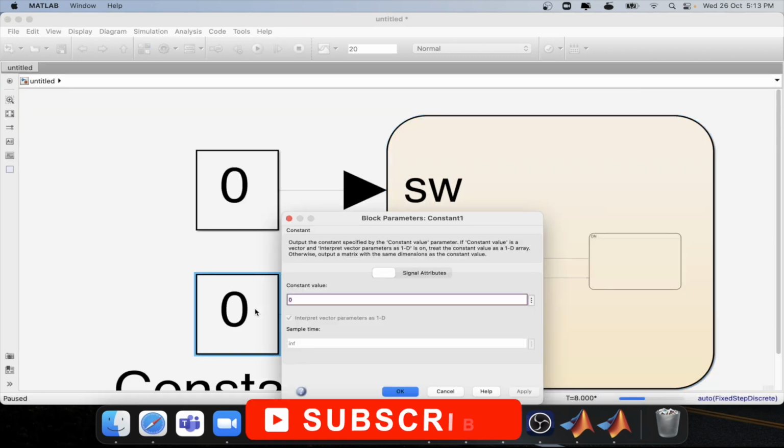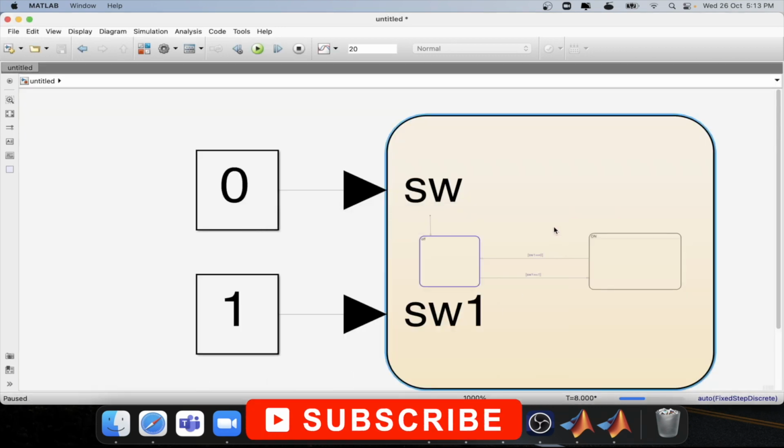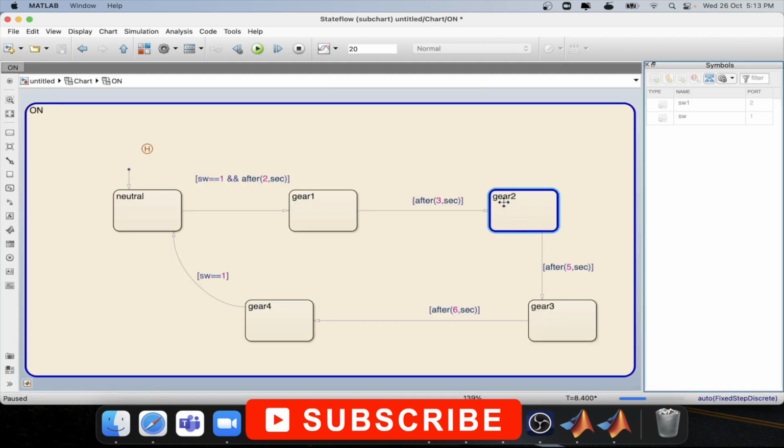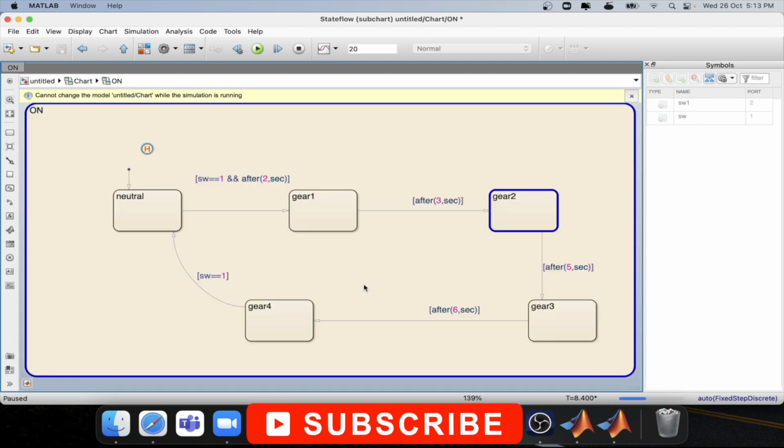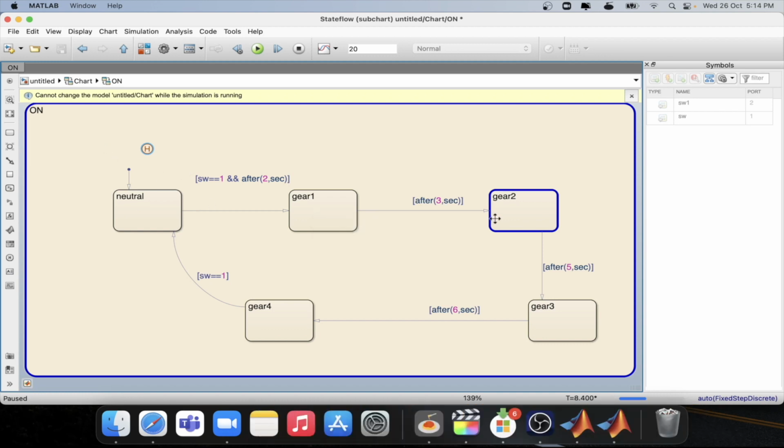When we turn on the switch again and step again, it is able to directly jump into gear 2. This is happening because of this particular block, which is called the history block, and it memorizes which particular state was last active inside these states, meaning out of neutral, gear 1, gear 2, gear 3 and gear 4, which one was active. When it came again to the on state, that particular state got activated instead of entering into the default transition. So this is how